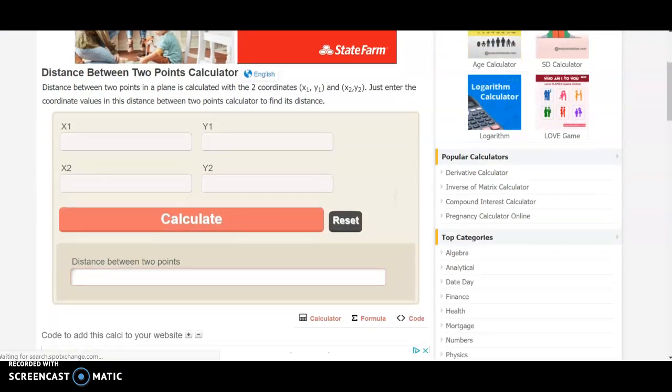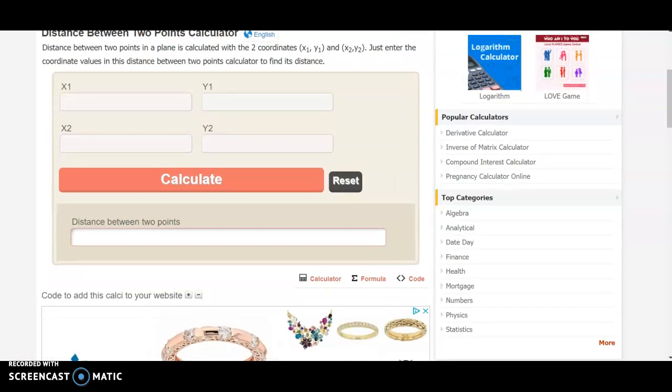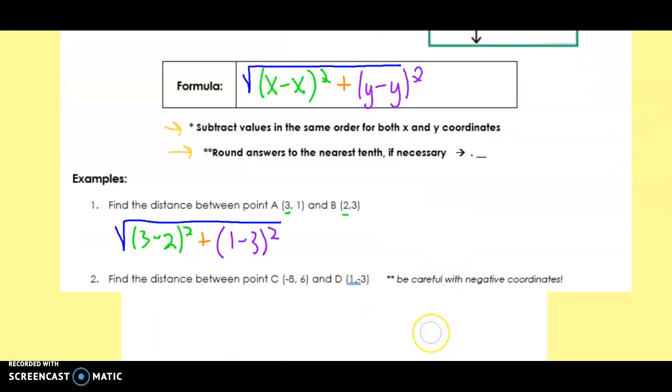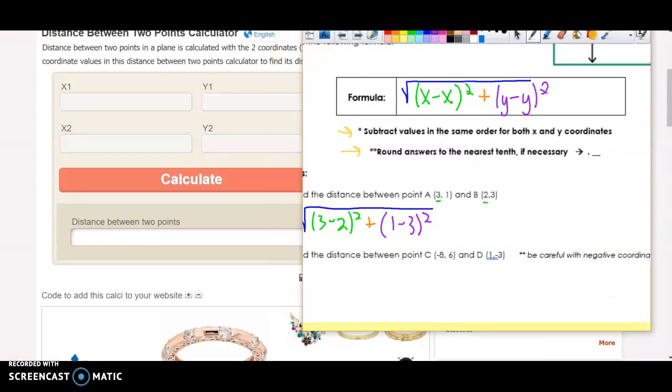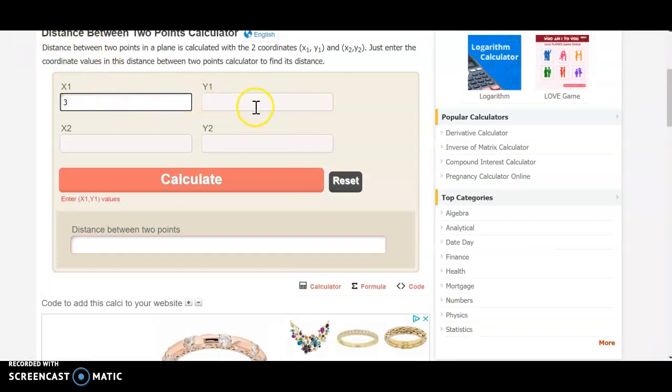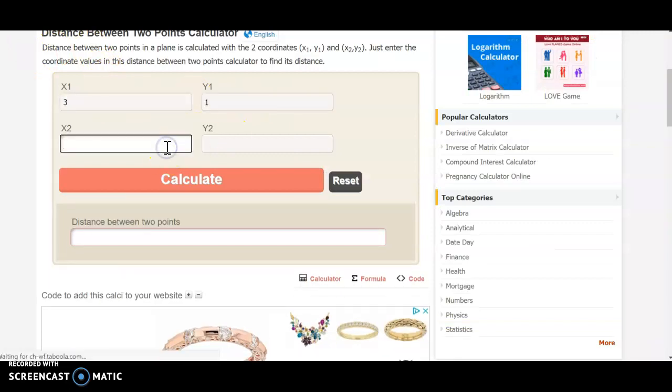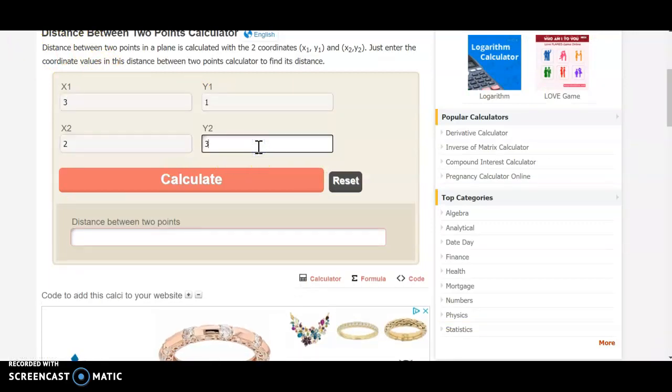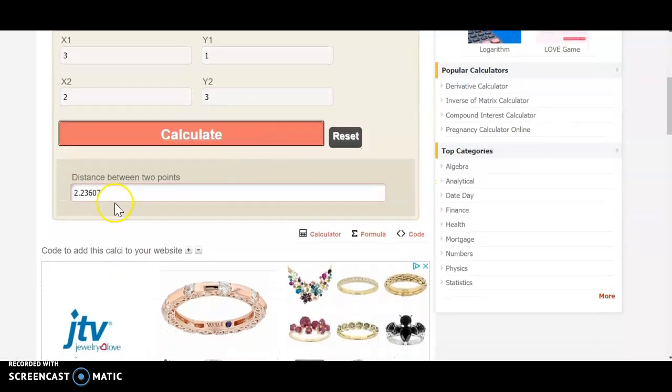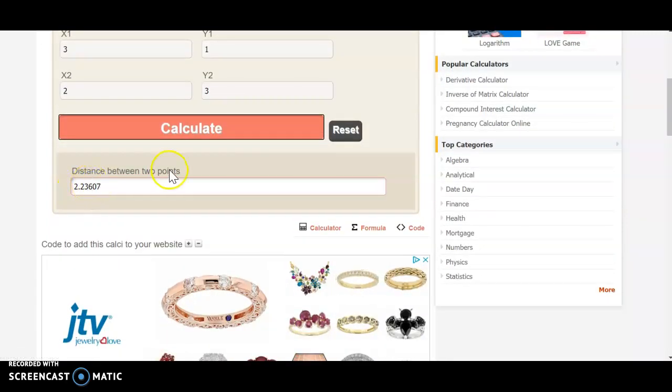Okay, so here is our distance calculator. If you look, we've got an x and a y value, that's our first coordinate, and an x and a y value, that's our second coordinate. You're just simply going to plug in these coordinates. So if I look at A, it's 3, 1, and B is 2, 3. So you're going to say 3, 1, that's point A. Point B was the coordinates of 2, 3. Then we're going to simply hit calculate. And right down here below is the distance between those two points,